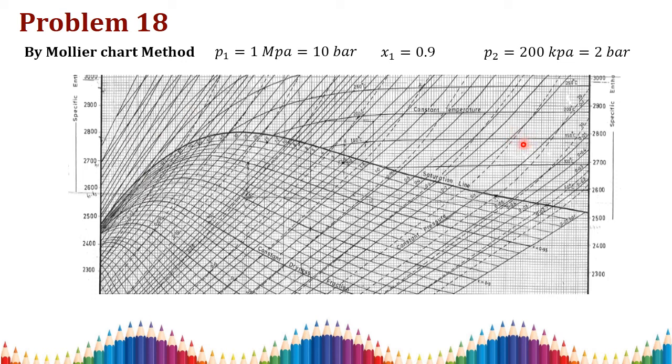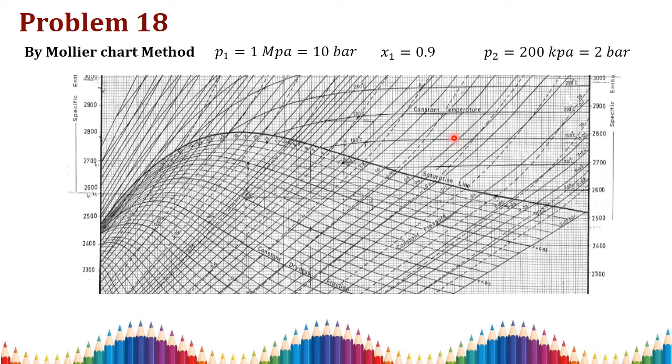Here we have many intersecting lines. You see them one by one. This parabolic line is the constant dryness fraction line. The constant dryness fraction lines are mentioned here: x equal to 0.9, x equal to 0.95, and here x equal to 1. In addition to that, these solid lines are your constant pressure lines, as we have discussed in the HS diagram in your previous lectures. If you have any doubt about the Mollier chart lines, you can go through the previous lectures.